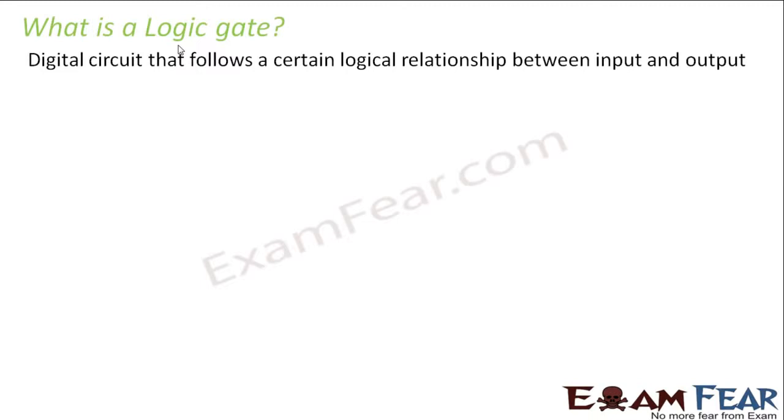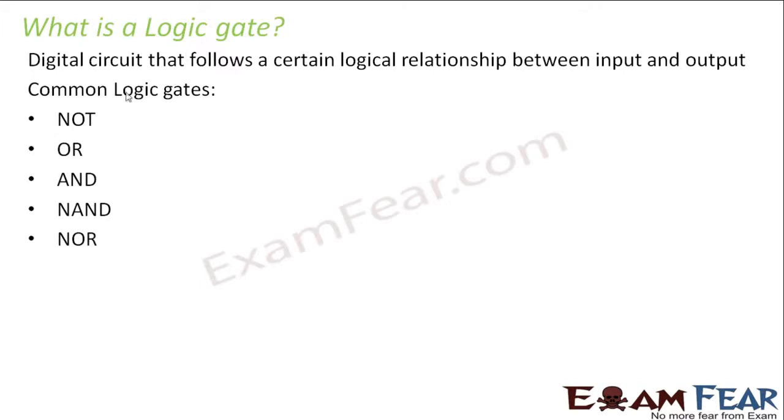There are many types of logic gates, but there are 5 main types. Using those 5 types of logic gates, you can design a huge number of circuits, right? So in this lesson, as of now, we will only talk about those 5 basic logic gates, and that's it. Then in your higher classes, you will see how those logic gates are used for making complicated circuits. So what are the common logic gates? NOT, OR, AND, NAND, and NOR. We will discuss each of them one by one.